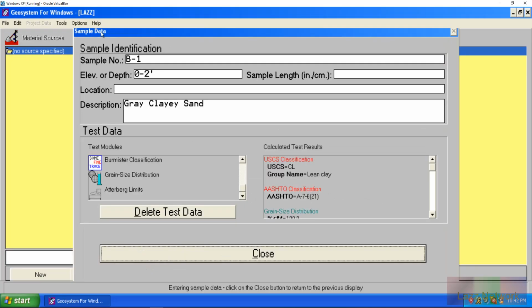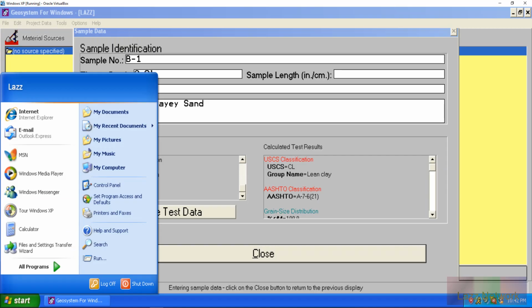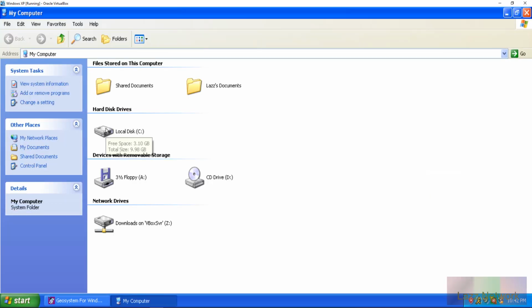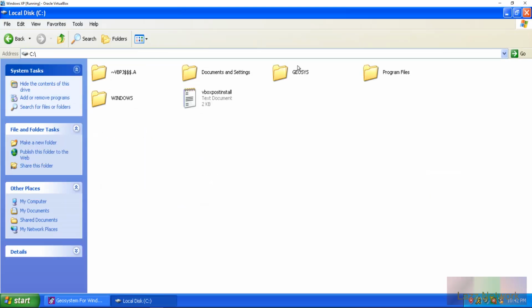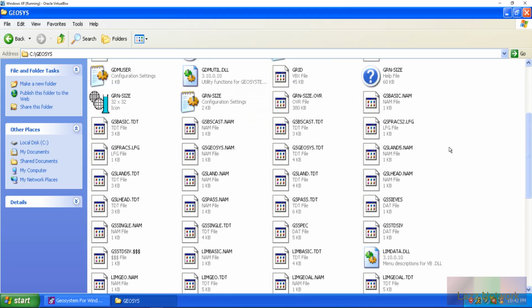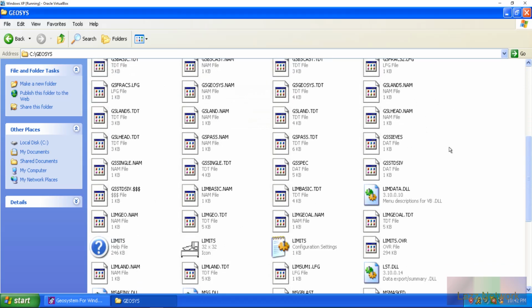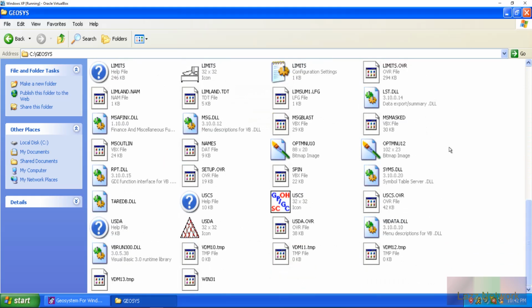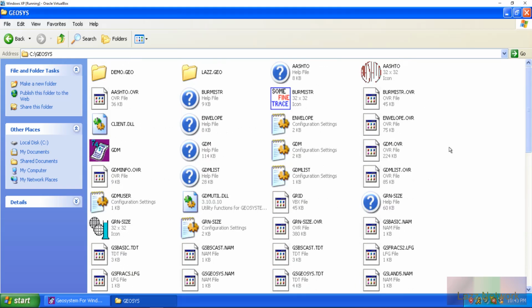Because with newer versions of Geosystems, you can set up a path where everything can save and whatnot, but hold on, let me see here. Here's Geosys. Just kind of curious. So there's our project itself. That's weird if it wouldn't want to save here. It may not want to, so I think